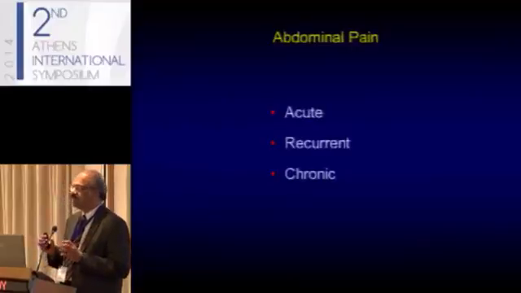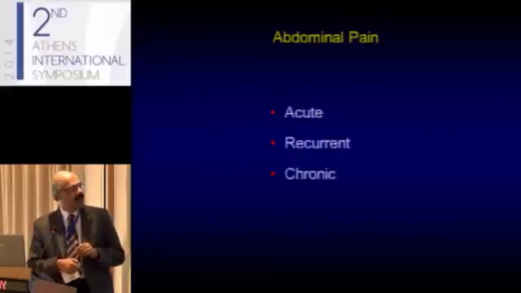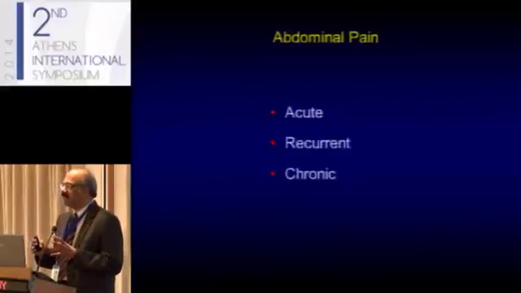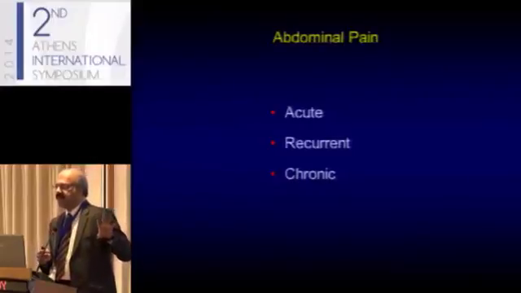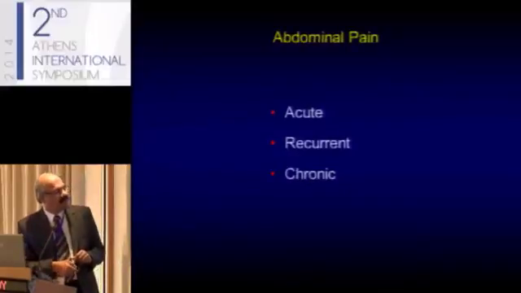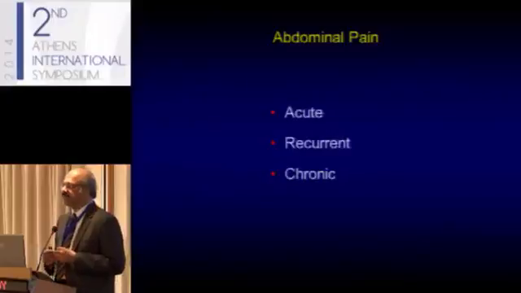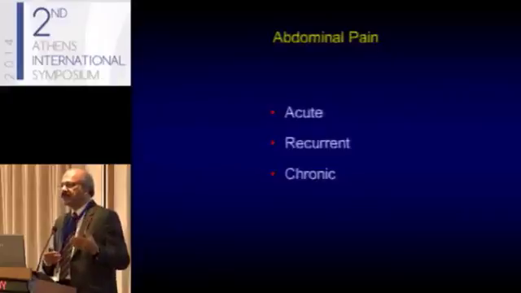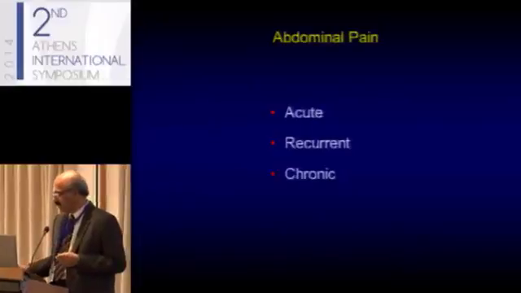In general, when you see a patient with abdominal pain, there are three categories of patients one should think of. First, acute pain: usually these patients come within 24 to 48 hours, but almost always before 1 week. So acute pain is defined as pain presenting before 1 week, usually a few hours after the onset. If it comes in a recurrent fashion, of course, we call it recurrent pain. But the third category, which is more difficult in clinical practice, is chronic abdominal pain, which is defined as pain lasting for more than 6 months. Some people say 3, but 6 months usually. So these are the three categories of pain that we see in clinical practice.